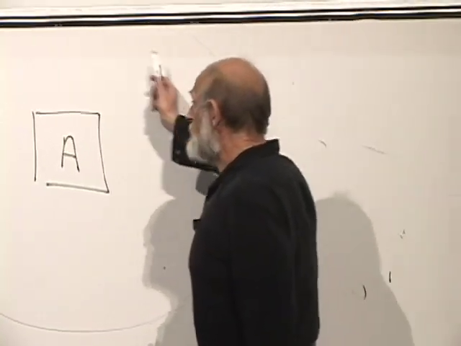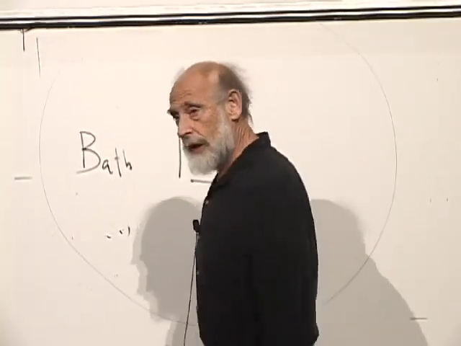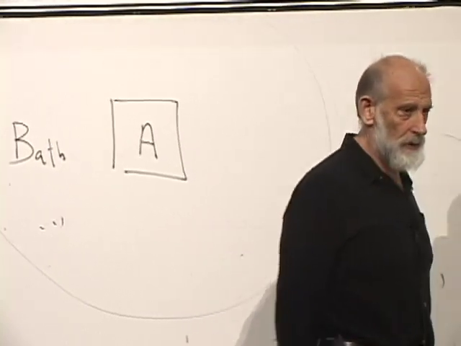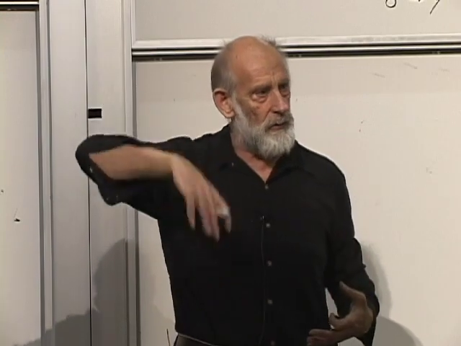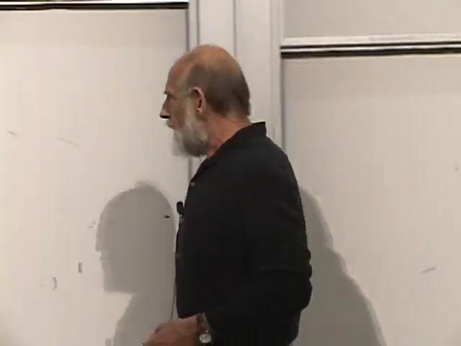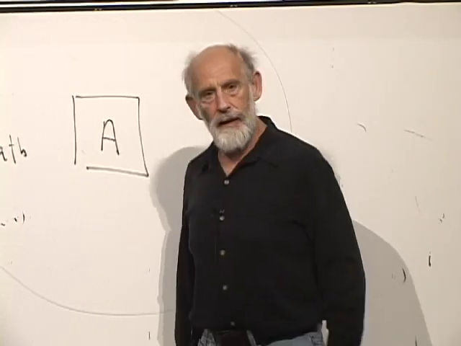For our purposes, the bigger system can be thought of as a closed and isolated system. Let me say what closed and isolated means. It means there's no way for energy to flow into it and out of it. Either it's contained within insulating walls that don't allow any heat energy in or out, or it's just an isolated region in space that nothing can come into or out of. The bath plus A can be an isolated system, but A is not an isolated system.